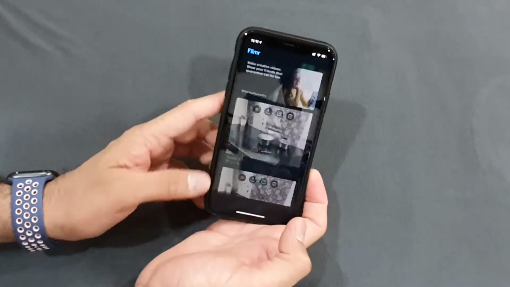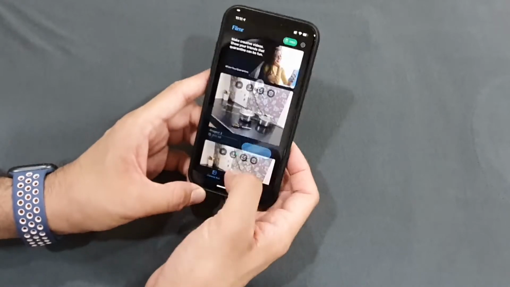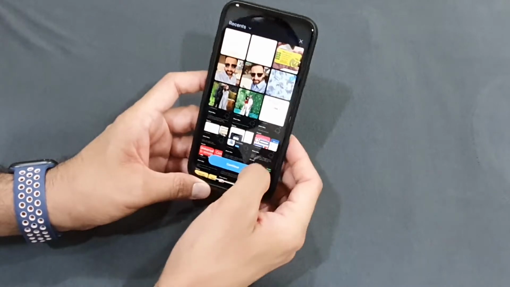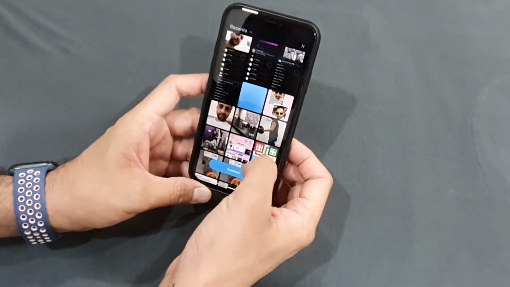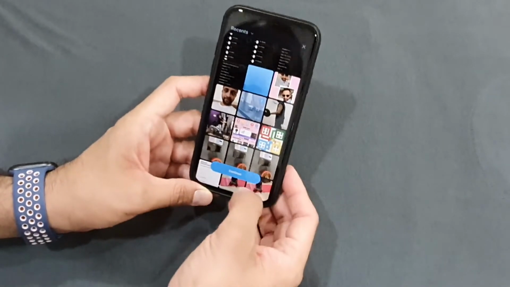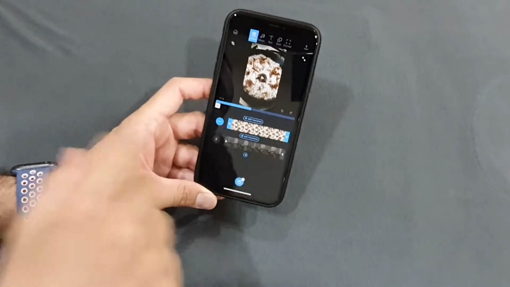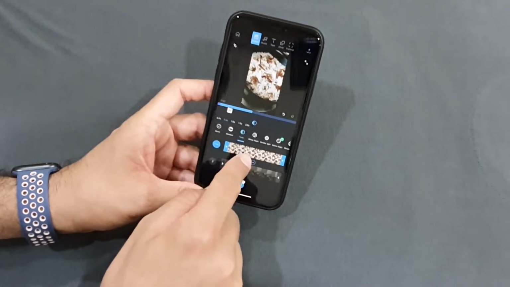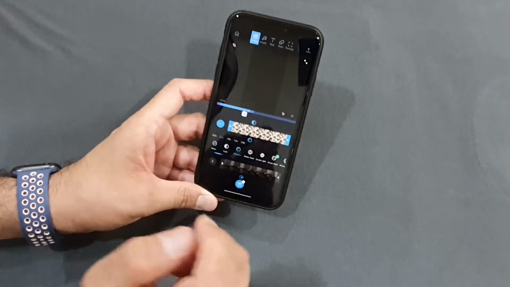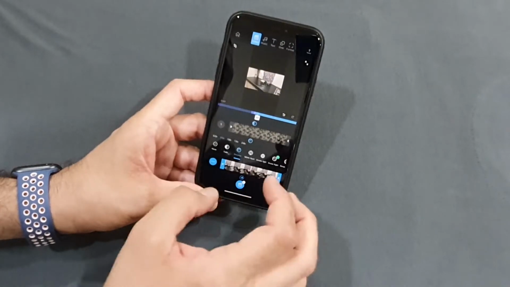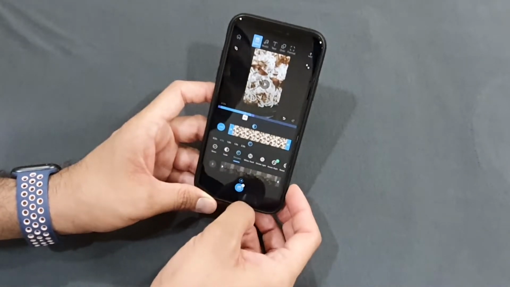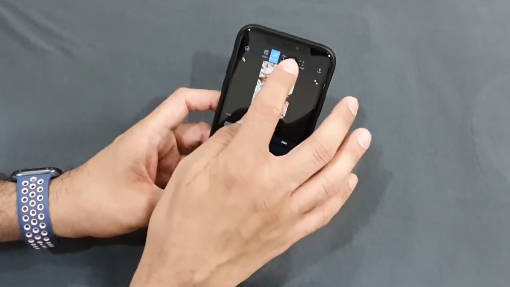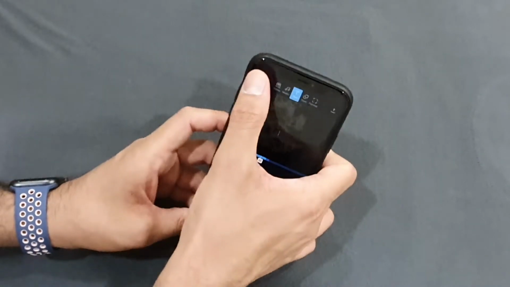Let me show you how. See, this is the Filmer app. Camera roll, I'll check. This is the one. Let's take it. Continue. Done. Just add a transition effect. That's all. It's very easy. You can add music to it in the background. You can edit text. It's really good.